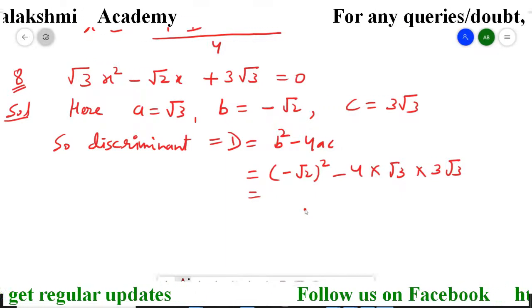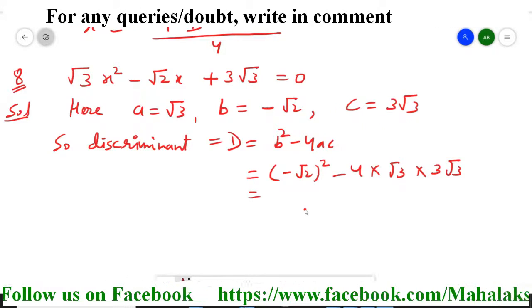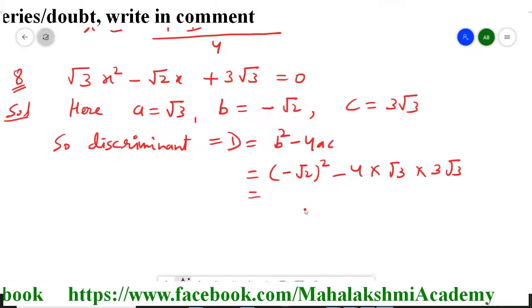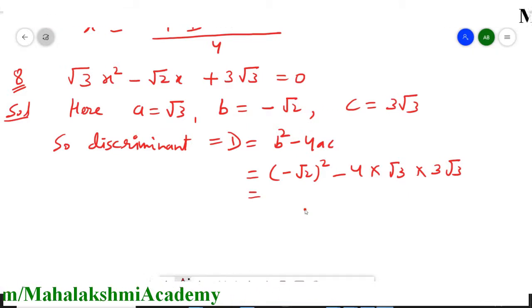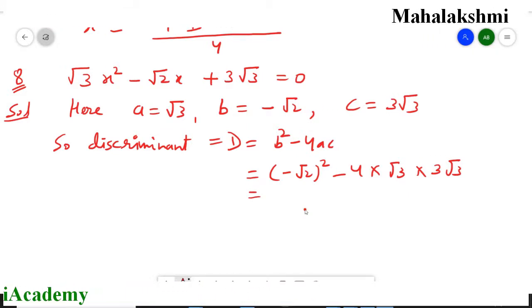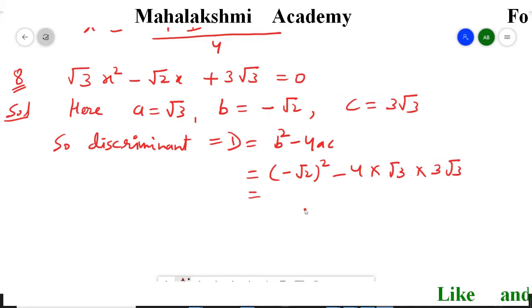For real roots, we have a different formula which we already used in 10th class. And for imaginary roots, a formula is available, that is with iota. So firstly, we are confirming with the discriminant. That's why we are solving the discriminant. So the formula is b square minus 4ac. We already replaced the values.